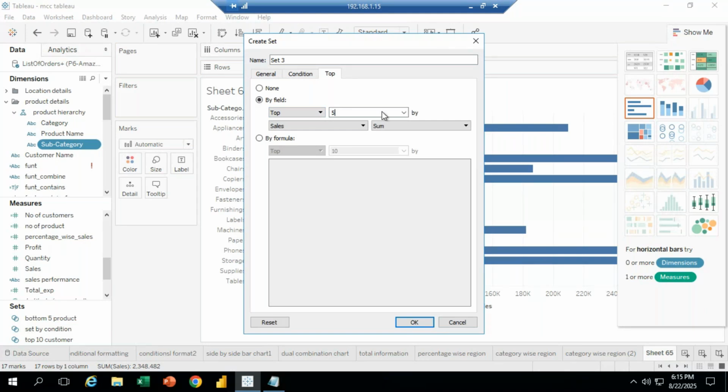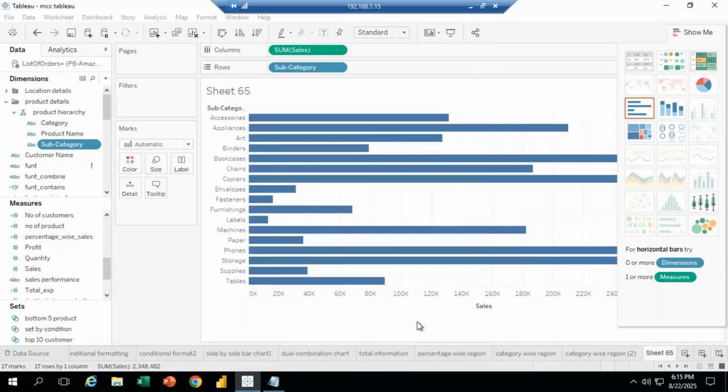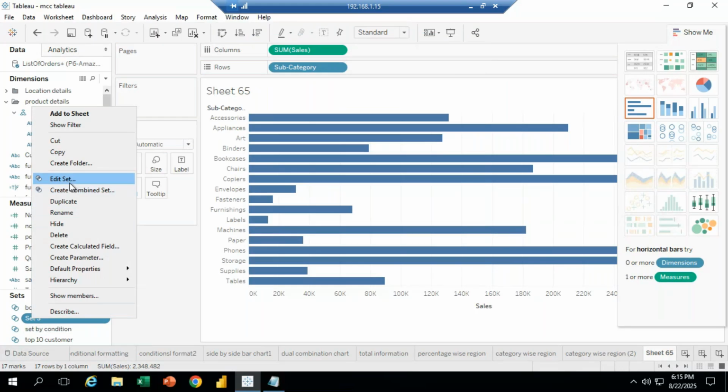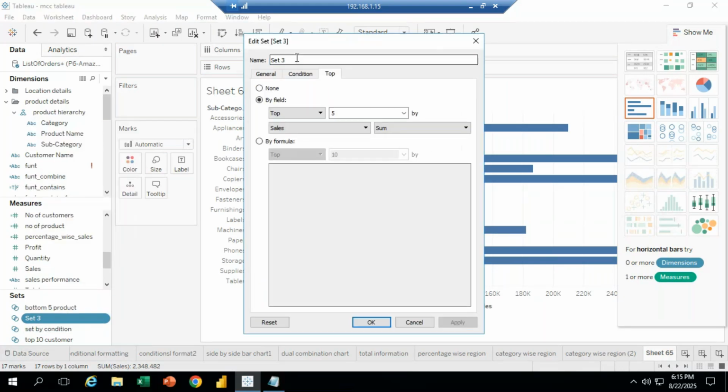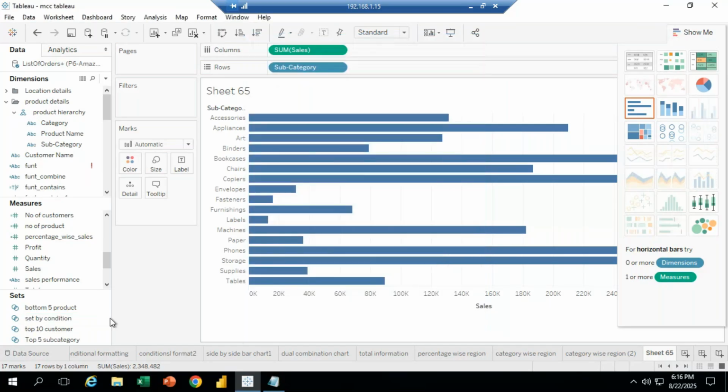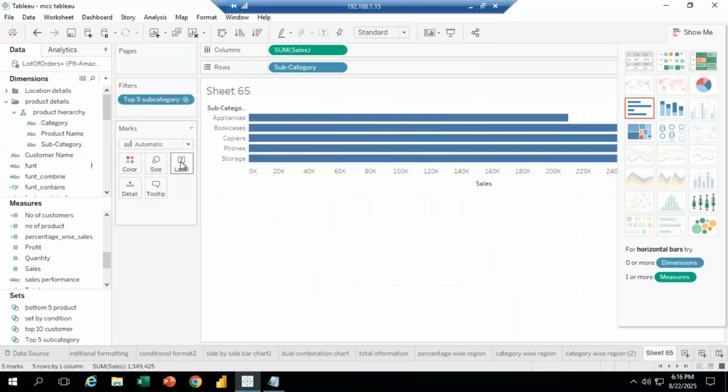So 5 elements we selected, then click OK. After that, see Set 3. If you want to edit, click on edit set. Top 5 subcategory, then apply. See, now top 5 subcategory. Once you drag and drop it into the filter,